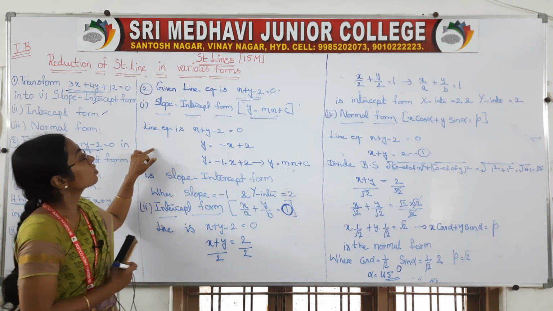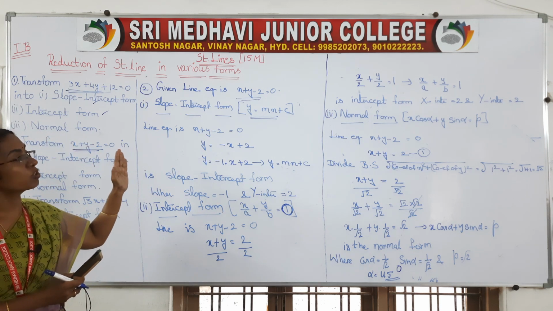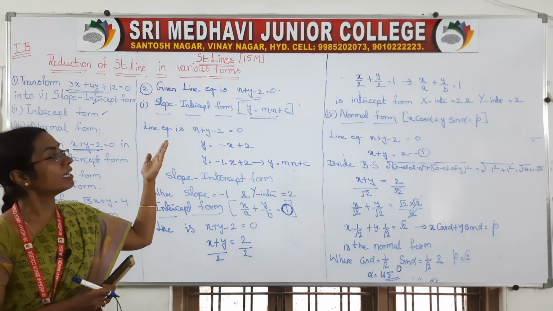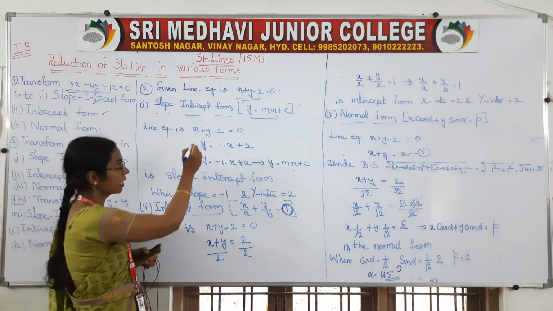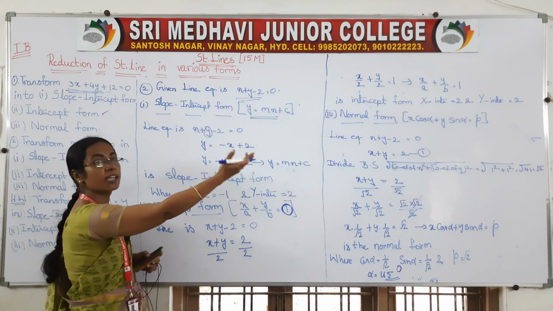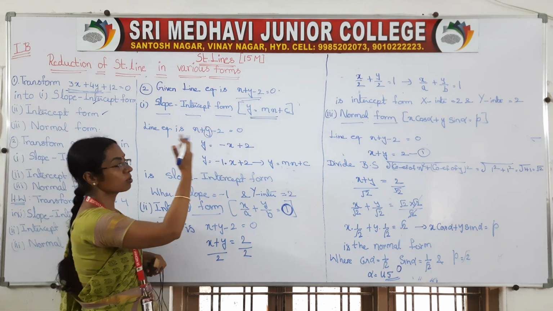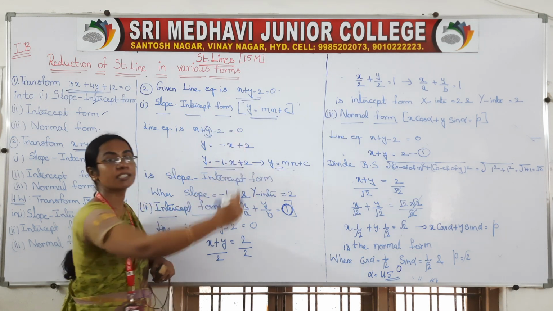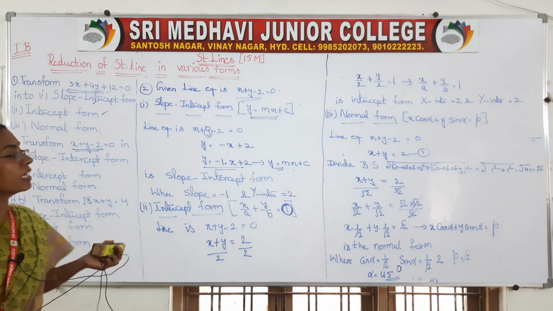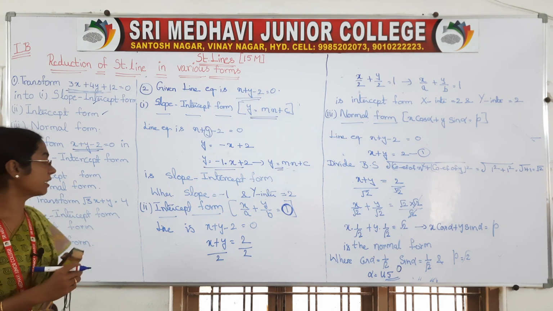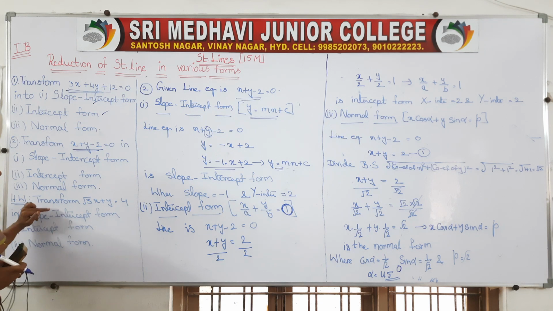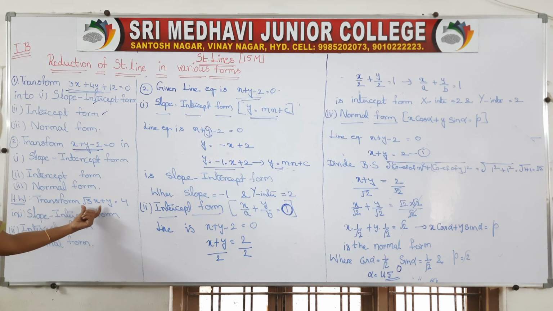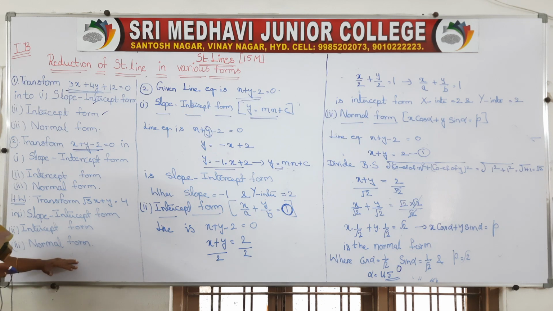And in slope intercept form, on the left side only y should be there, and on the right side the constant and x term. So first keep only your y term on this side and send the remaining terms to that side. The x term goes that side, the constant term goes that side. So now it is exactly in this form. So this is a very, very important question. Practice these problems, and I have given one homework question of the same form. I have given one line equation. You have to convert this line to slope intercept form and normal form.